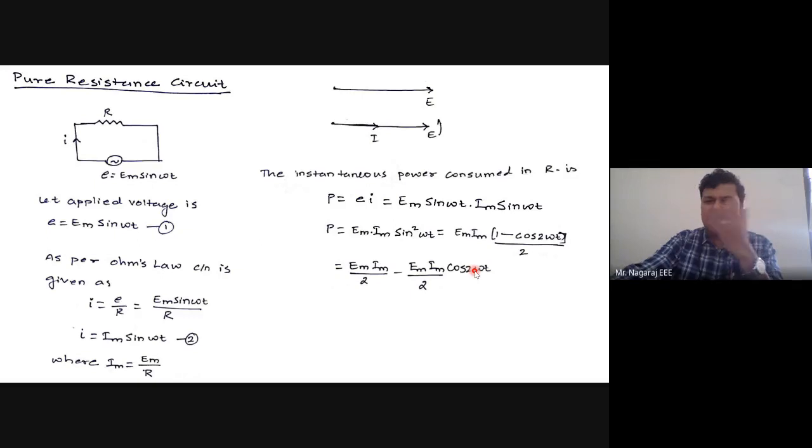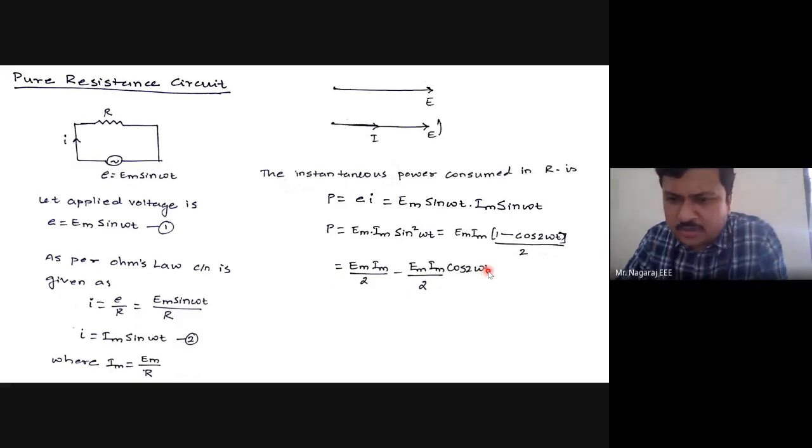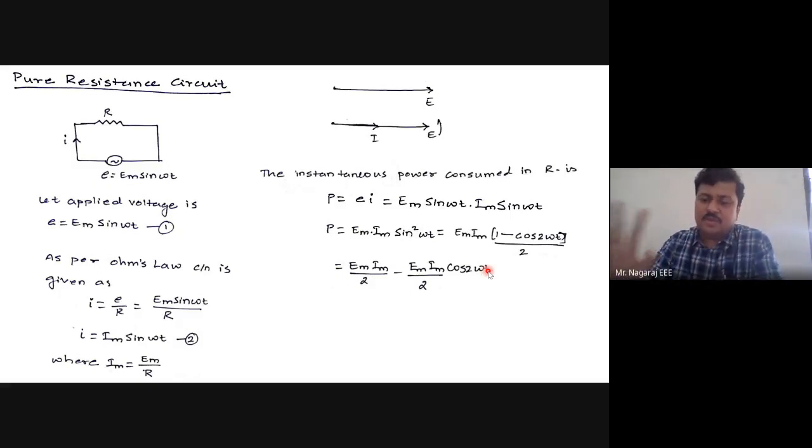Cos is not a different function. Cos is existing cosinusoidally. The difference between cos and sine is only 90 degrees. 90 degree plus of sine is cos, 90 degree minus of sine is cos. Plus and minus, that is trigonometric. But I am talking about the nature. So the nature of the cos function is also sinusoidal because it is cosinusoidal.